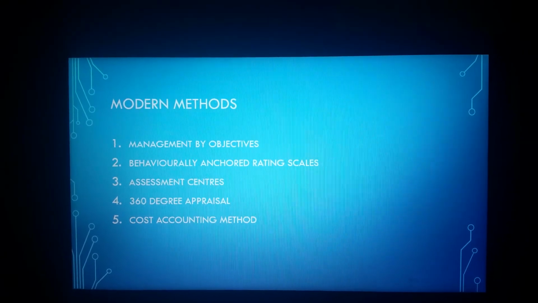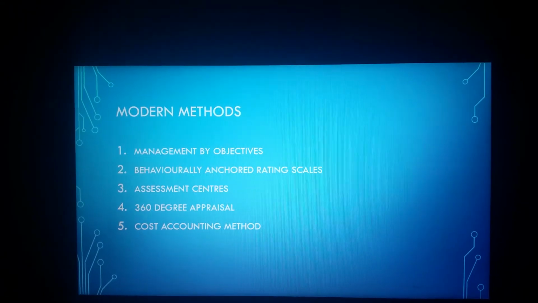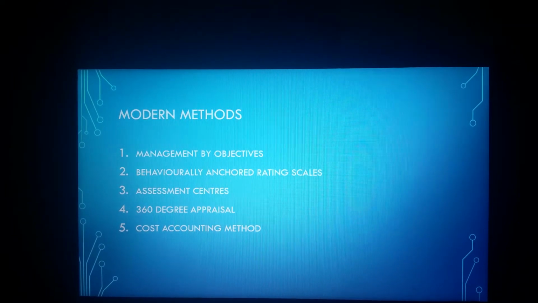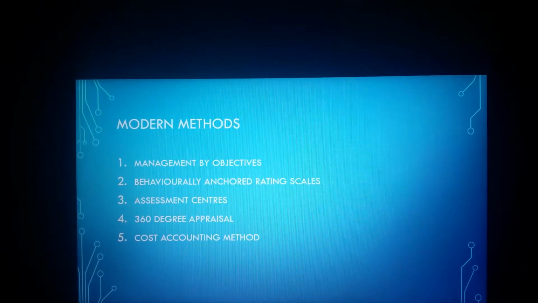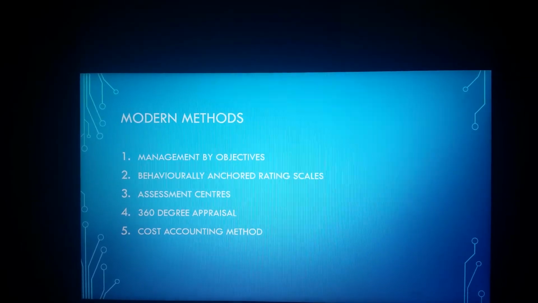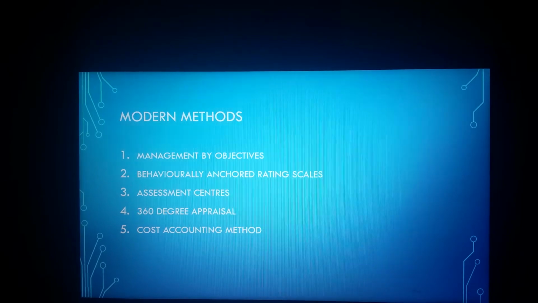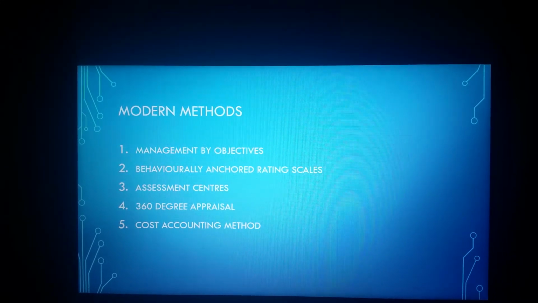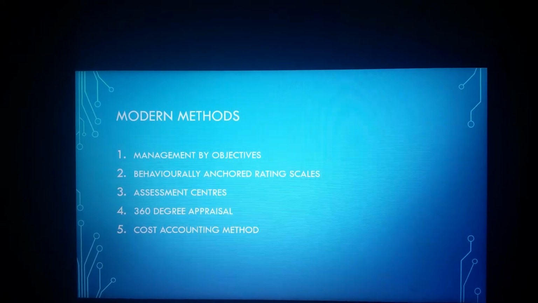The first step is generating the critical incidents, then developing the performance dimensions or performance standards, then reallocating the various incidents to other groups of employees, and then scaling the incidents. That means identifying the rating scales to be given for these incidents.